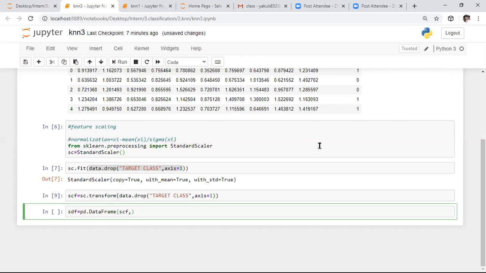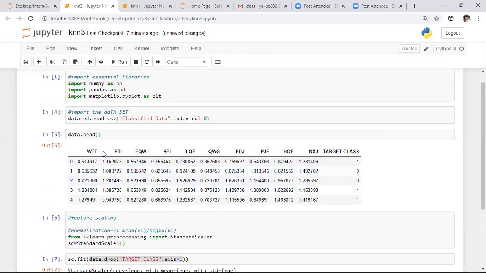I want to specify columns equals to the previous data frame, data dot. We need to consider all the column names which we used in the previous data frame. Whatever values we have in this data frame, we need to consider the same values here. Those are nothing but column names except this column name.